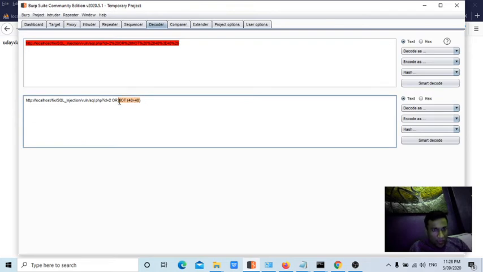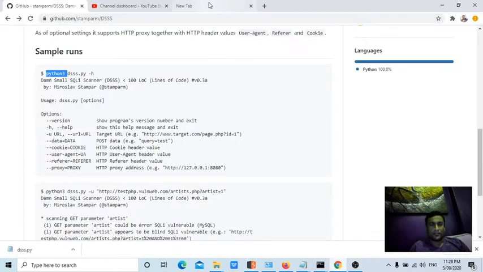ID equal to 2 or not 48 greater than 48. This command. 48 is less than 48.